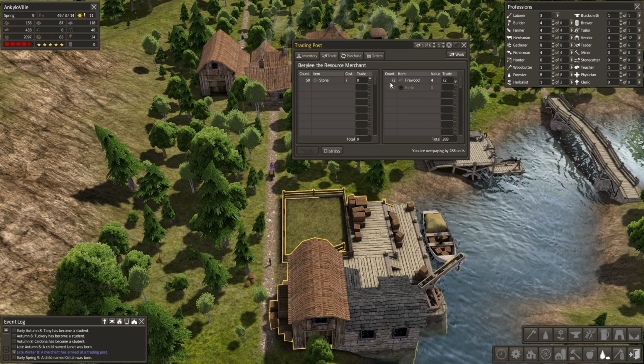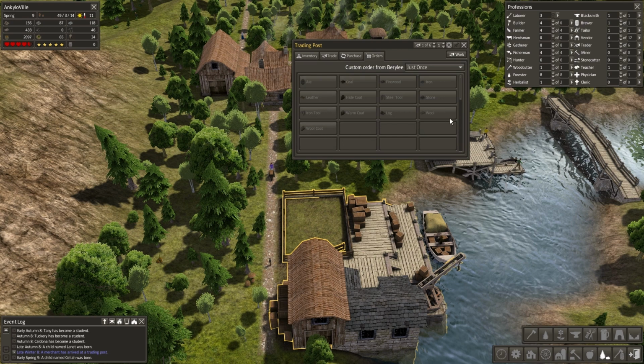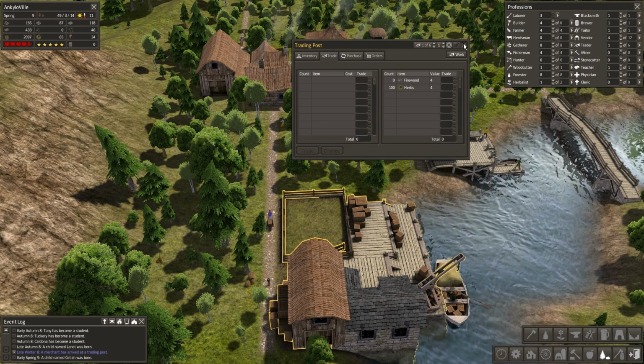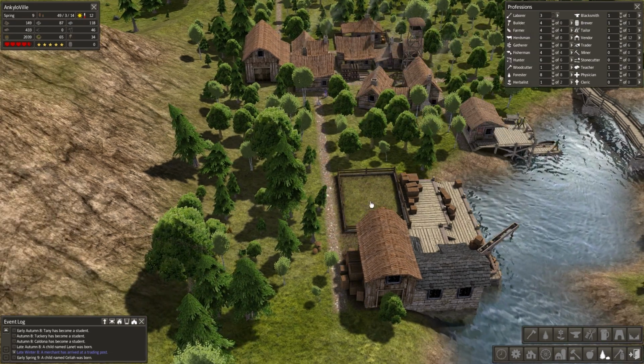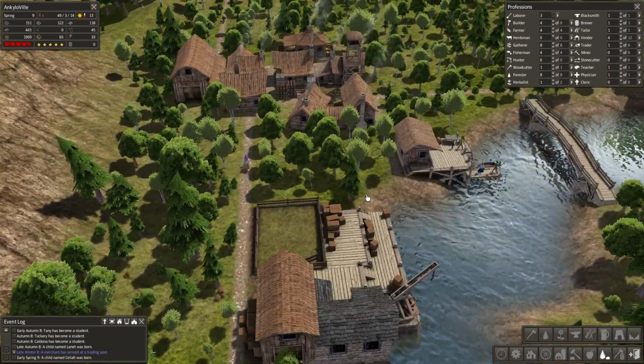So if I sold him all of my firewood, I could get maybe one more. So I could get 41 stone for all of that. Sure. That'll be enough to build our chapel, and then I'll just dismiss him, I guess, for now. I could order some stuff that I don't really care about. Hopefully there's other merchants that are better. But I will leave some firewood and some herbs here. There's not a lot of stuff we make excess of right now, so those are the only 2 I'm willing